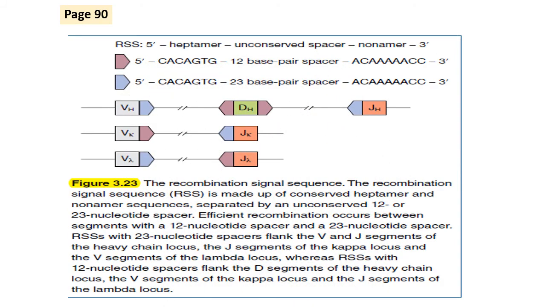Now, let me mention something about recombination signal sequences, the RSS, in figure 3-23. The RSS is non-coding sequence that flanks coding gene segments. It helps to guide recombination between appropriate gene segments. The RSS, the recombination signal